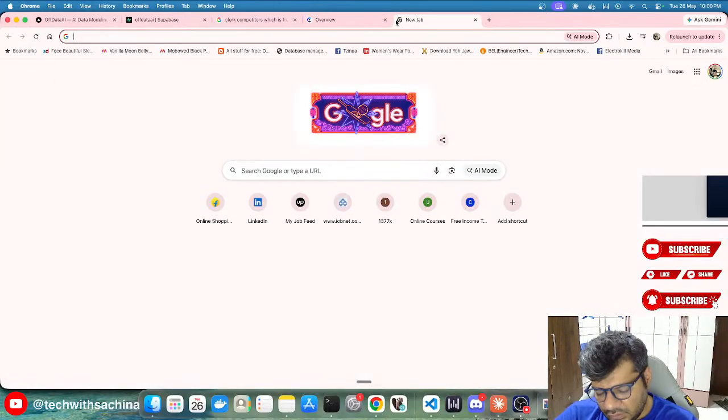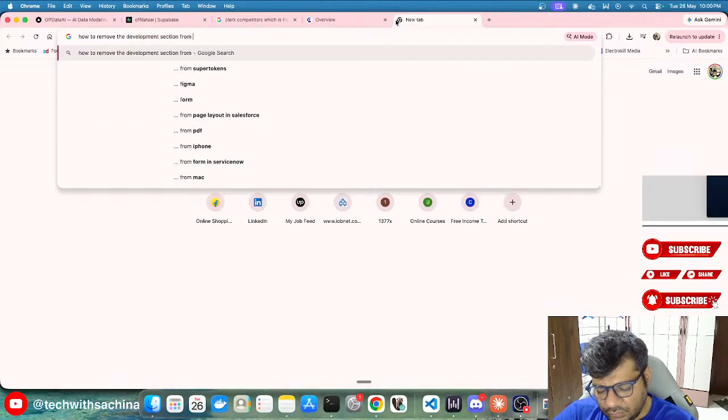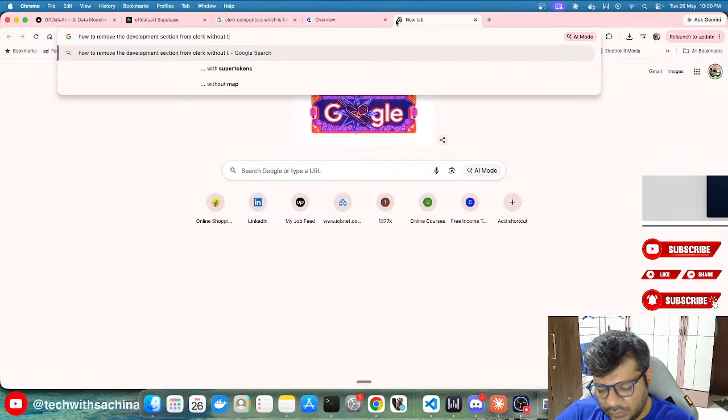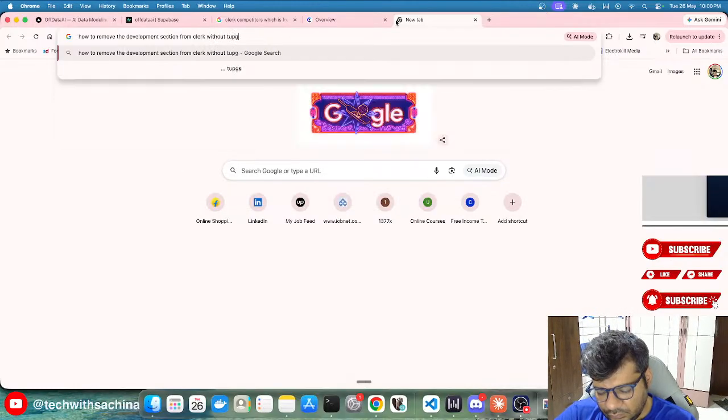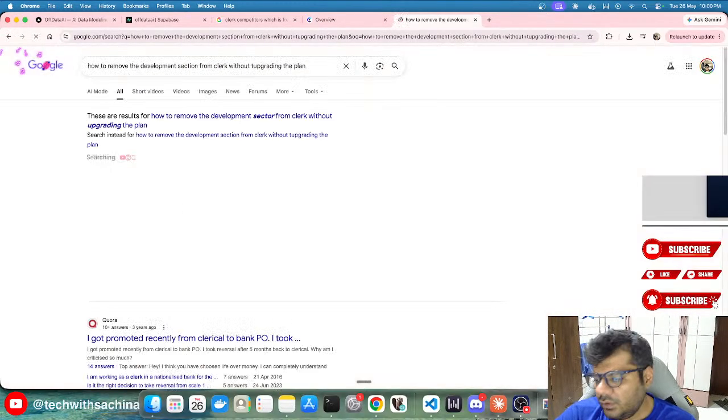Okay, let's ask it how to remove the development section from Clerk without upgrading the plan. Let's see if there is any option.